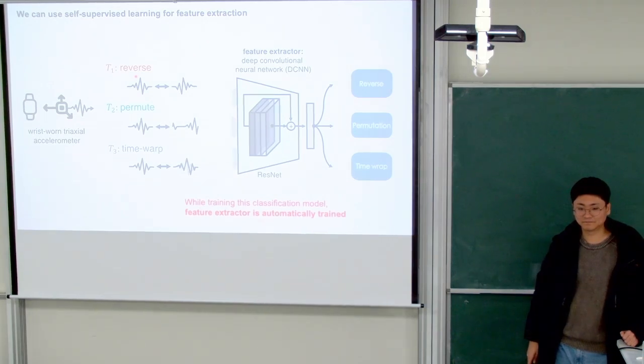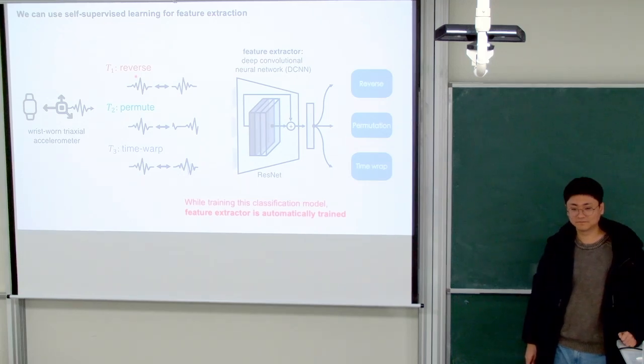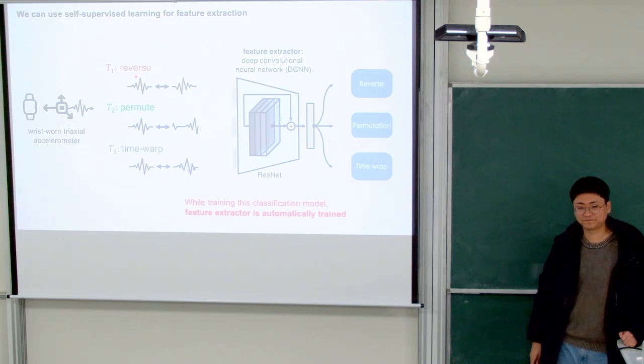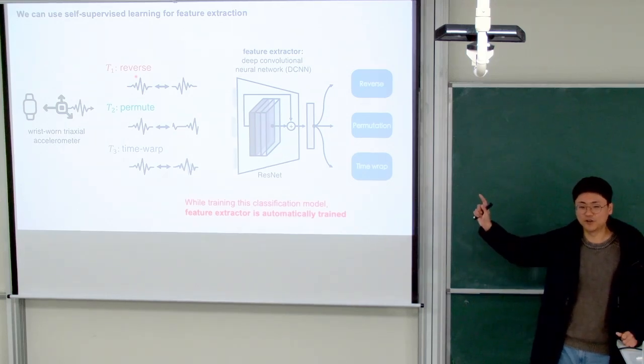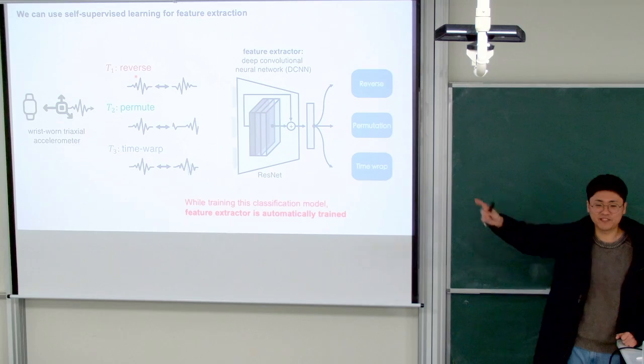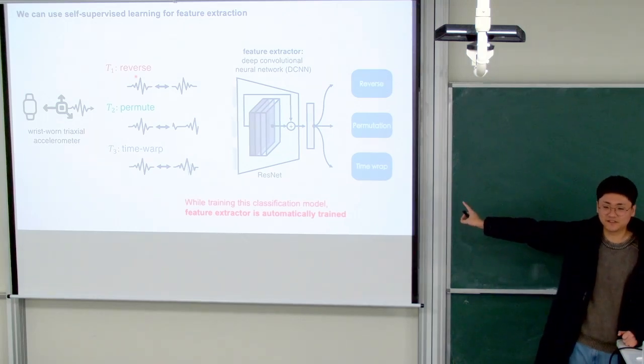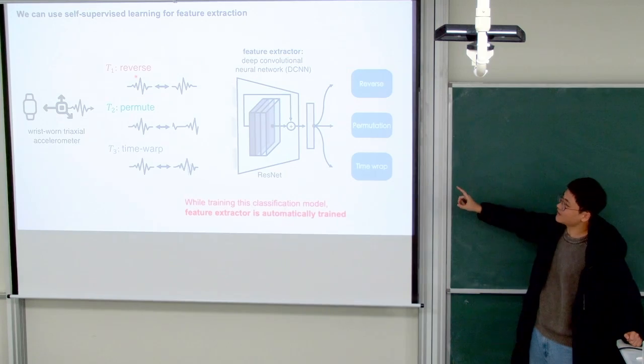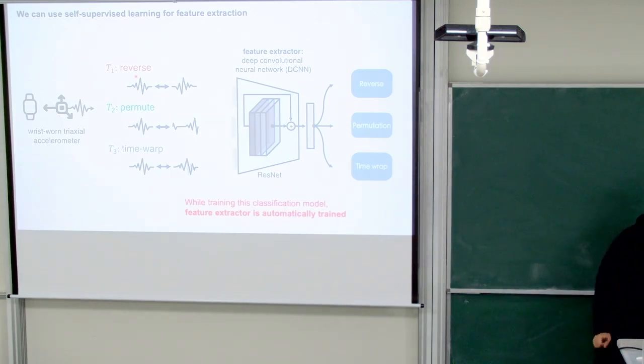Basically, we do some sort of supervised PCA. Right, exactly. But this self-supervised approach is very clever. We don't need any label for the given data. We reverse it, permute it, and time warp it. Maybe a similar thing would be the autoencoder. An autoencoder is about how to replicate the original, but this is totally different. Yeah, exactly. That's the key idea. Why is this useful? Let's think about it. I think this is the most important thing in this paper.